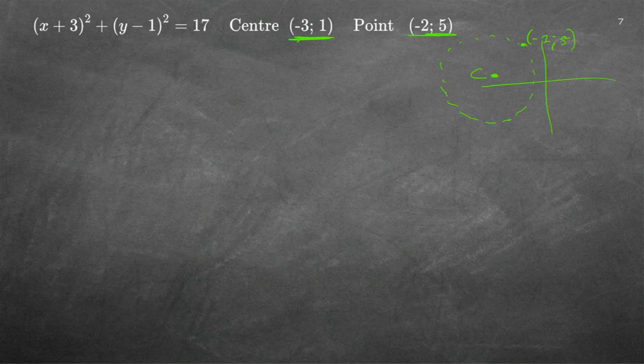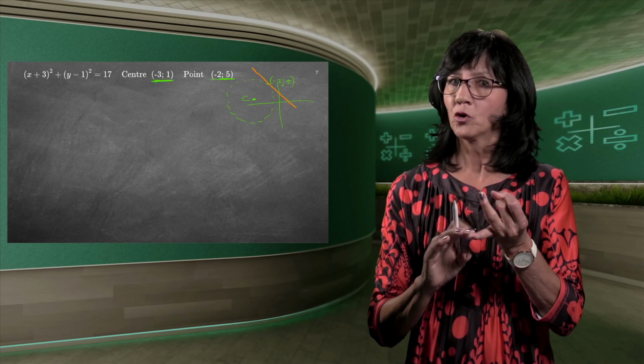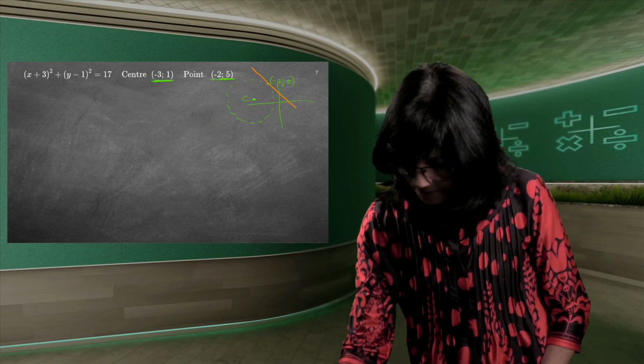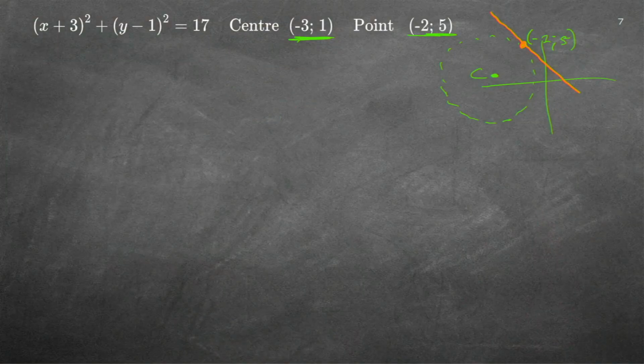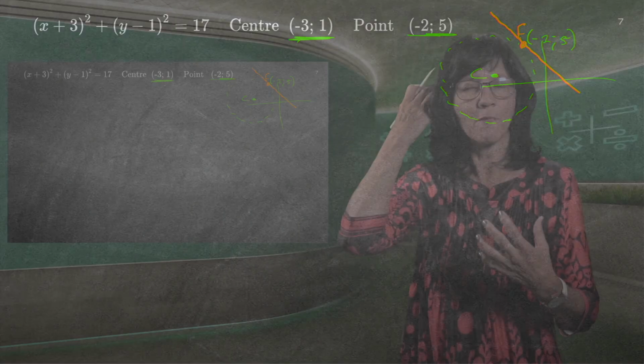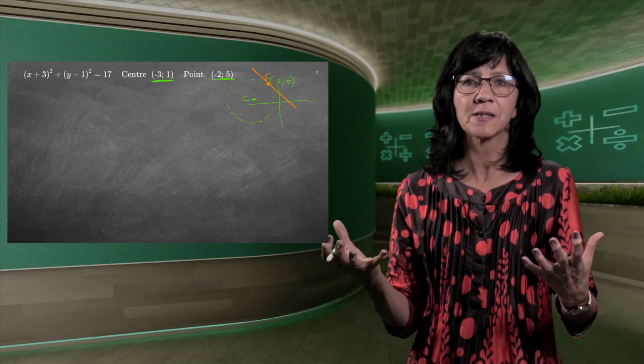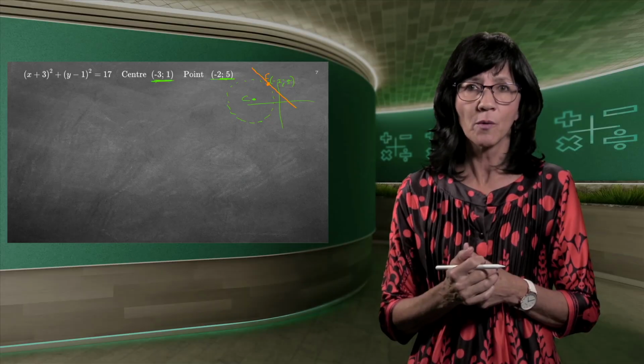Now, once you've got that point, you know that it's not enough information, because remember, let's just quickly get our tangent here again. Our tangent looked like that. So to find my tangent equation, I need a point and a gradient, or 2 points, I need 2 pieces of information. At this stage, I've got only that 1 point, F. Let's just put F there because I'm going to need it now. Now, the only thing I can do is to go into my circle and use my circle information to find some more information. And in the back of my mind, I've got m, because y is equal to mx plus c. I need m for a straight line equation.